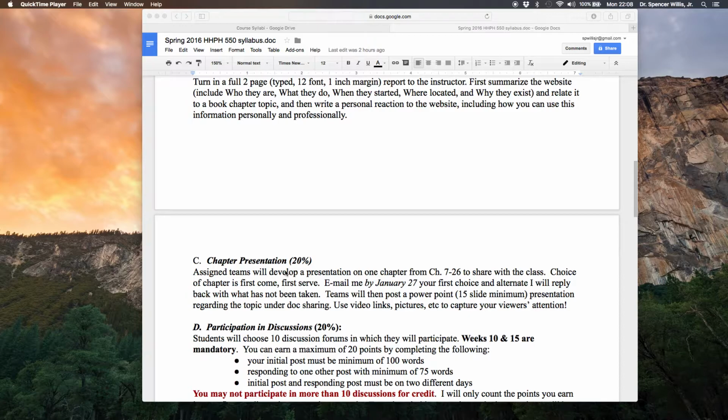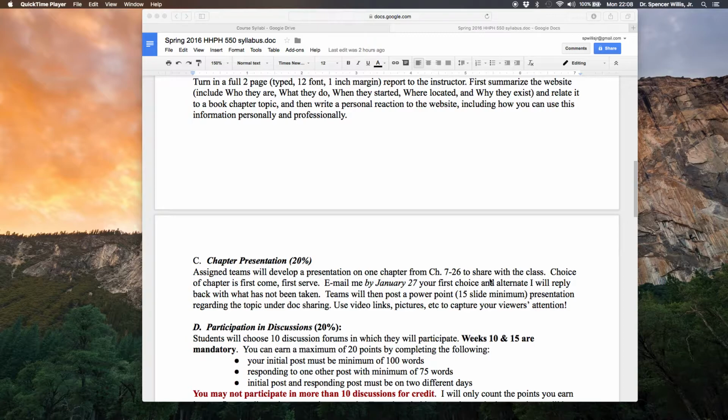So I'm going to assign groups. There are about 30. I think there are 35 students registered for this course. So it may be a couple of groups of 2. Maybe a majority of groups will be groups of 2, and then there'll be some groups of 3. And because 7 through 26 is about 20 chapters,